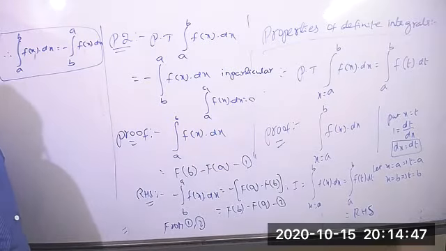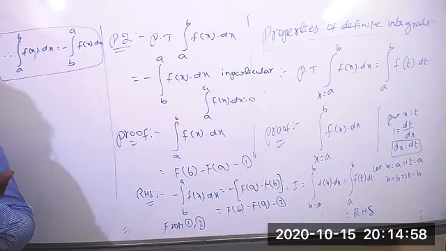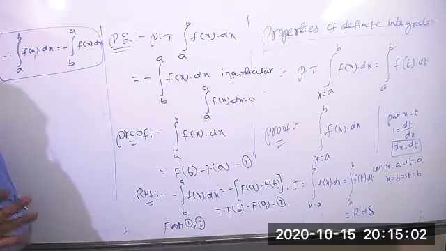Very easy properties. Out of 7 properties, the proofs of all the properties are not required for us. We require only 2 to 3 properties' proofs, and based on those properties we will get 1 or 2 questions. Those questions only they ask frequently. Those models are important for you.